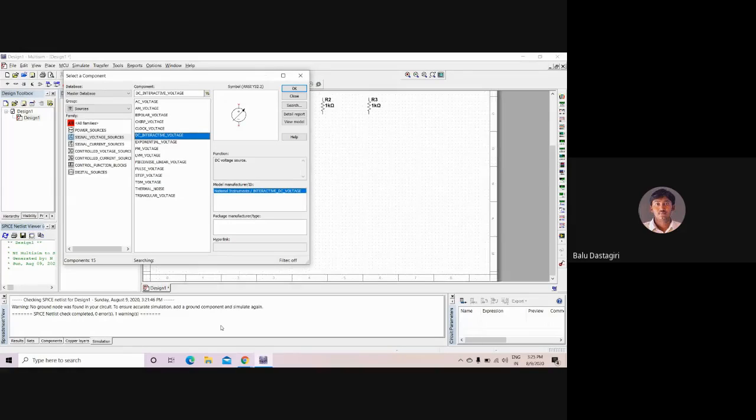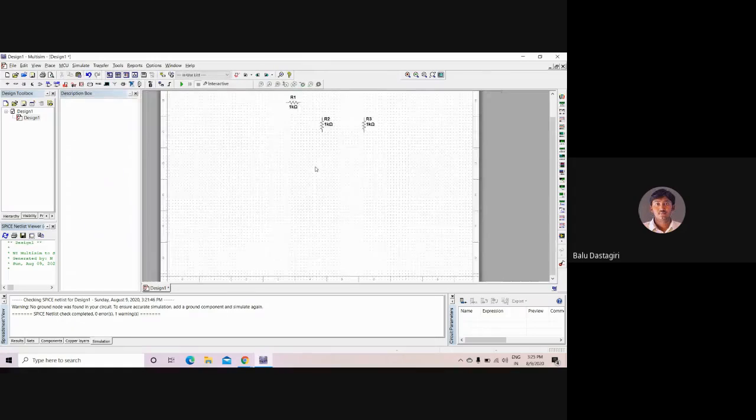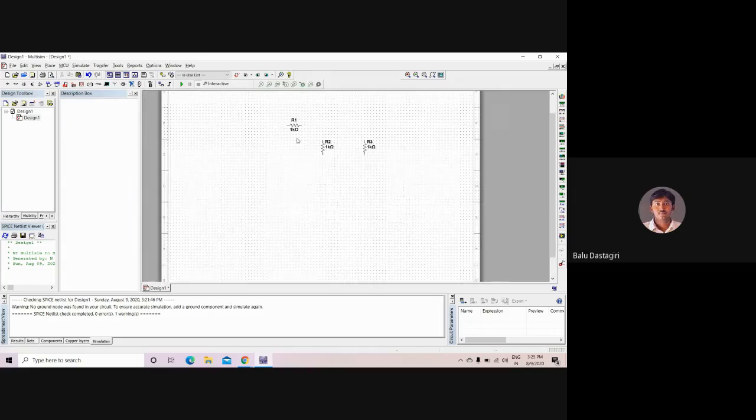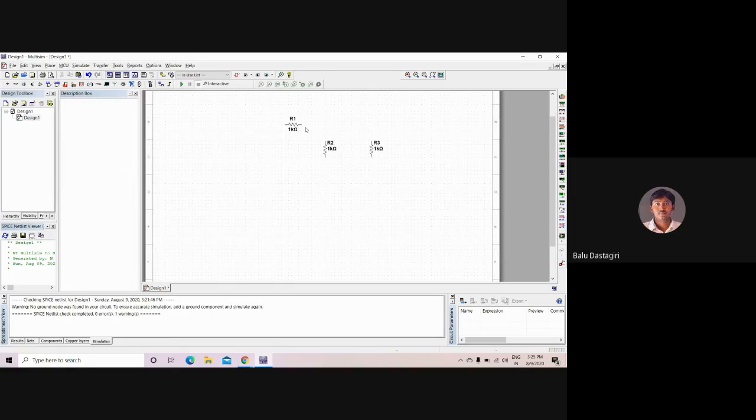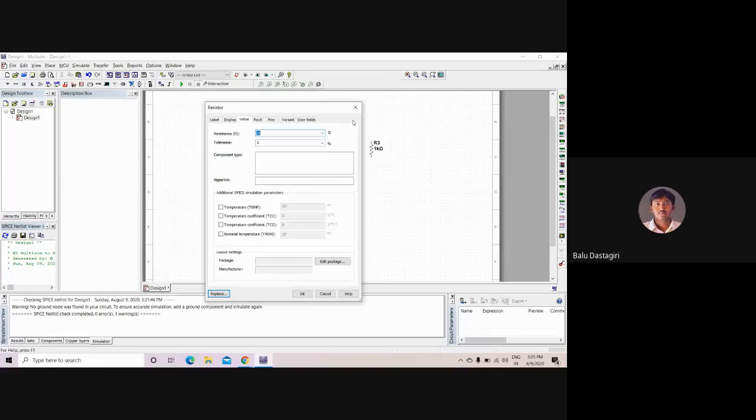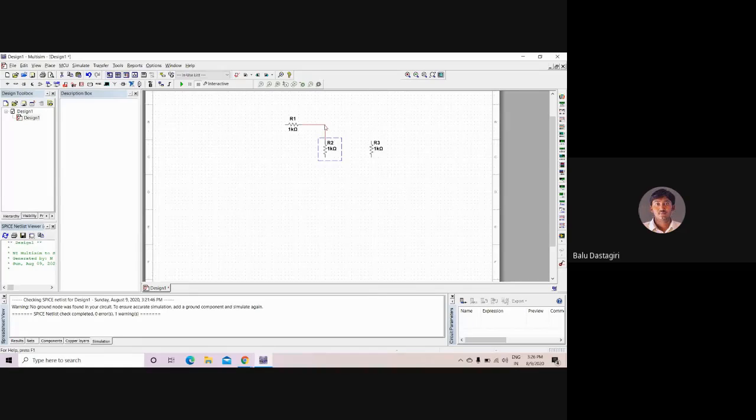So now select that particular thing here, the independent DC voltage source. In order to connect this, if you take your cursor to the end of your resistor, you automatically get the wire, and you just give the connection to the other resistor. Similarly,